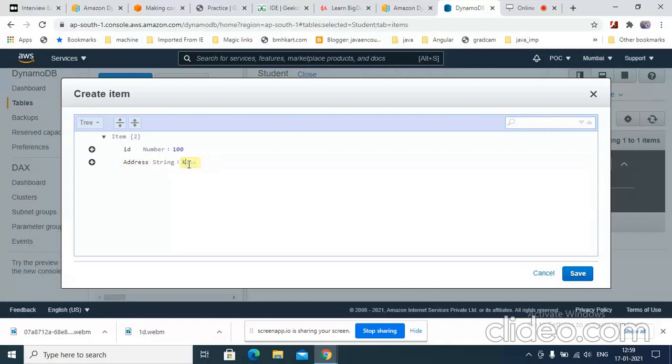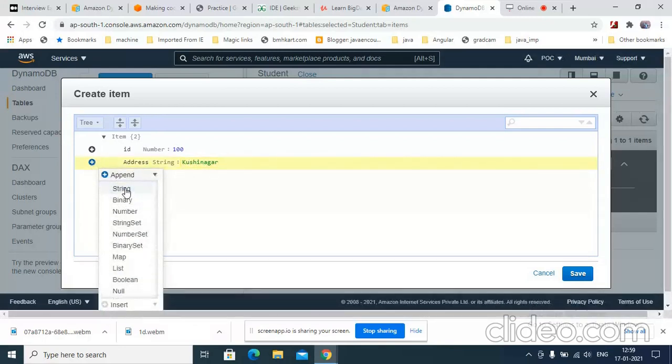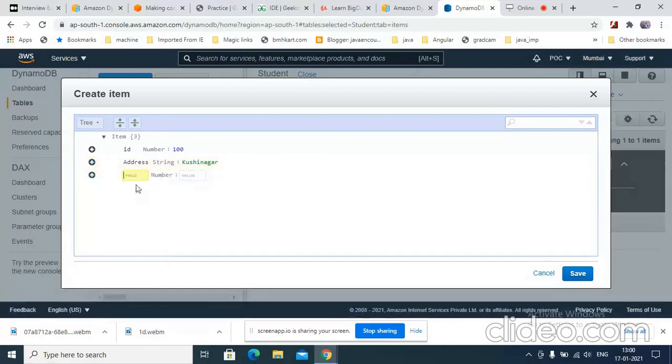Address, like I'm writing here, Srinagar. Let me add one number type, that is pin code, 10 10 10 10, right? Let me save it. You can see here once again, this is completely different from the last.